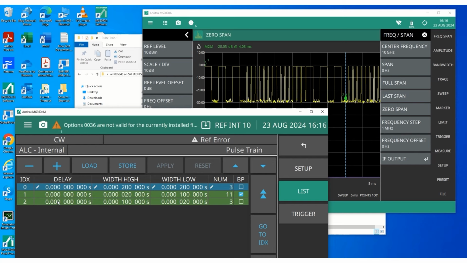And then the last burst, which is 100 microseconds high and 20 microseconds low, and you have 3 of those. So you have the first pulse burst with 3 pulses, 50% duty cycle. Then you have the second burst with 11 narrow pulses, and you have the third burst with 3 wide pulses again. So that's our 3 pulse bursts, and then the same is repeated again,